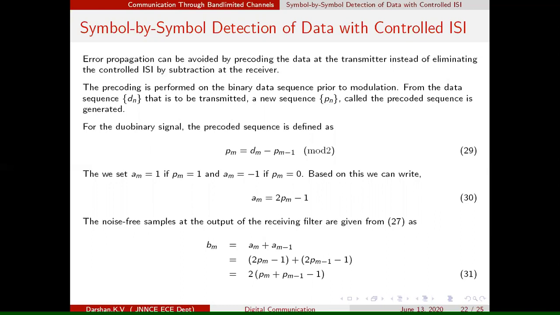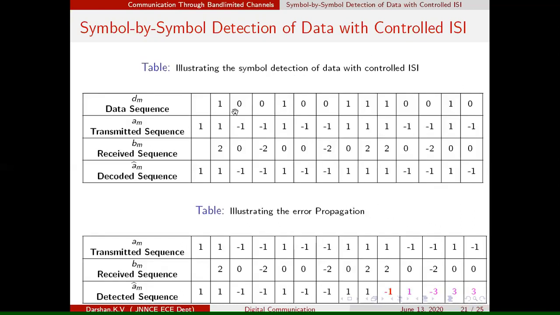So what is the data sequence we are having? See over here, if you consider the example from the previous class, this is the data sequence. This data sequence has been converted into PAM as follows. Whenever you have 1, the symbol was 1. Whenever you have 0, what you are transmitting is -1. You can call this modulation also. Now, where are you supposed to employ pre-coding? Pre-coding should be applied to the data sequence.